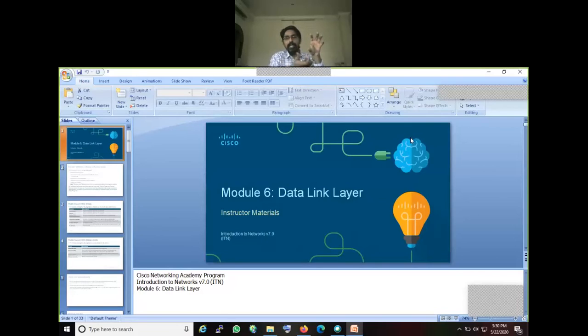If I use a wired network, the physical device is Ethernet or NIC card. If there is a wireless connection, the technology to be used is 802.11. So your original data is transferred through wireless. If you are using a wired connection, this original data is transferred through Ethernet in the form of frames. Who maintains these frames? Data link. This is the main objective of this module, right?